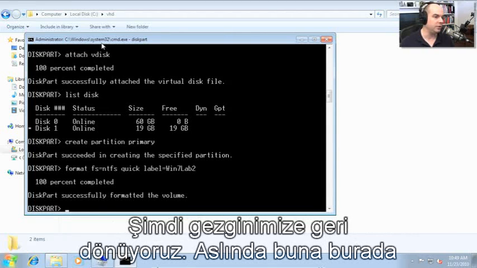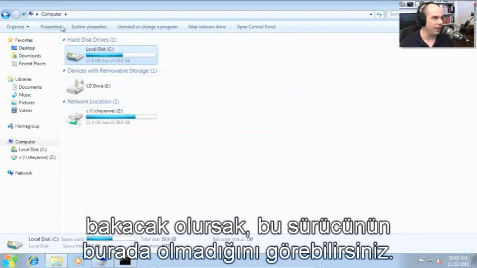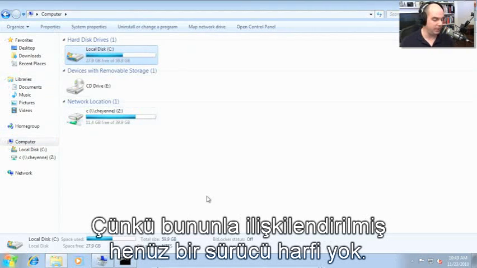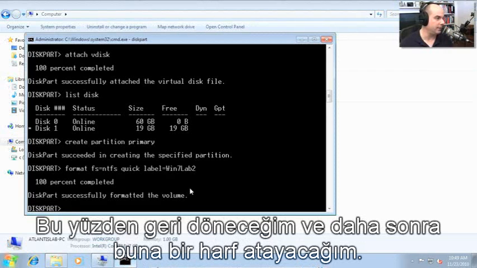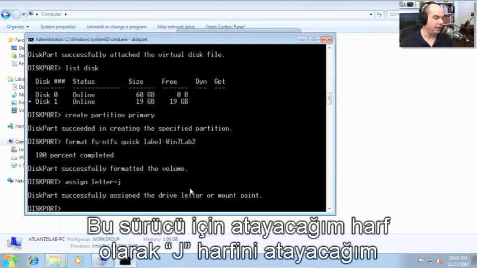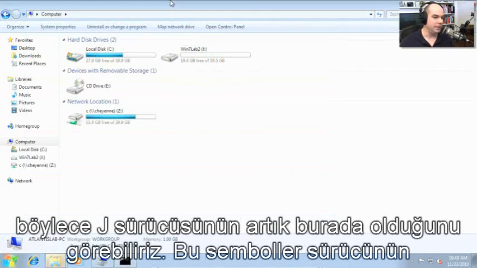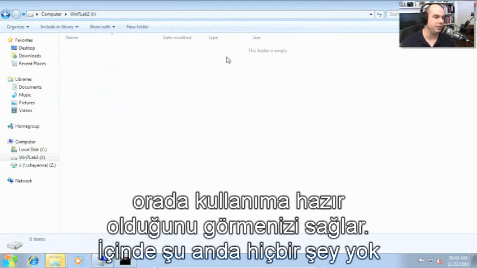If we go back to our Explorer, in fact, you could see we aren't quite seeing it yet, though. We haven't been able to see that drive because we don't have a letter associated with it. And I'm going to go back then and put a letter on it. Let's assign a letter to that drive. We'll put a letter J there. And now we'll see the drive J has appeared. So it's those instances that allow us to see the drive is there, it's available, there's nothing in it currently,